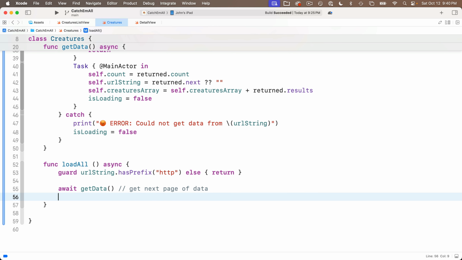After we're done with this, we want to call loadAll again. That's the recursion part, and it's going to stop when we've got all of the data, when the guard condition is no longer met. Remember, because loadAll is an async function, we've got to preface the call of that with the keyword await. But we need to do one more thing, and this is tricky because Swift no longer